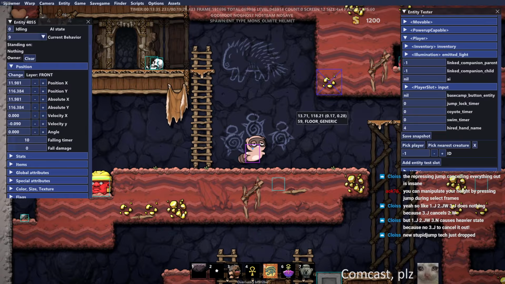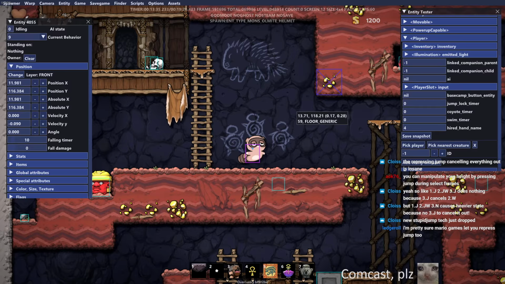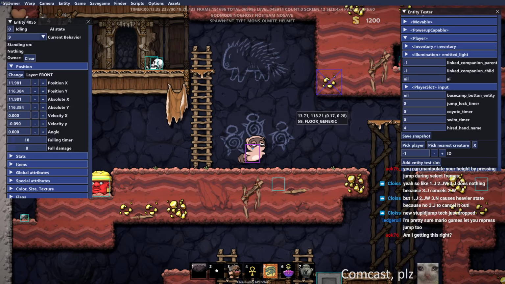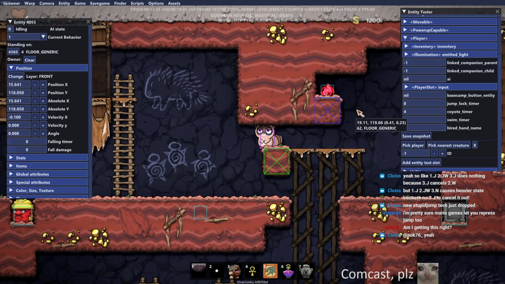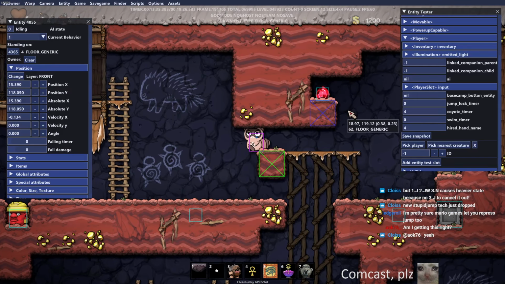I don't know if it affects the stupid jump. To be clear, you can't make your velocity go back up after you do this. Your velocity is always decreasing, but you could change your deceleration. So if you needed to decelerate at the beginning of your jump to get under a ledge like this, just hypothetically for the stupid jump,